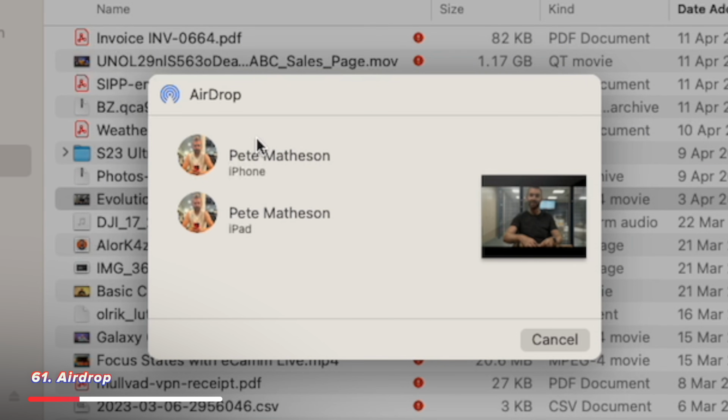Like iMessage, AirDrop is one of the highly used features which lets you send files between your devices. If you want to transfer a photo or a video to another device or even a friend, you can just use AirDrop to send it. It works from Apple to Apple only, but across iPhone, iPad, Mac, and the person you're sending it to doesn't have to be in your contacts or have you added to their phone, as it just works off of Bluetooth proximity.